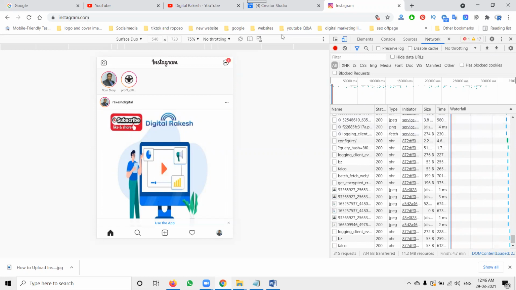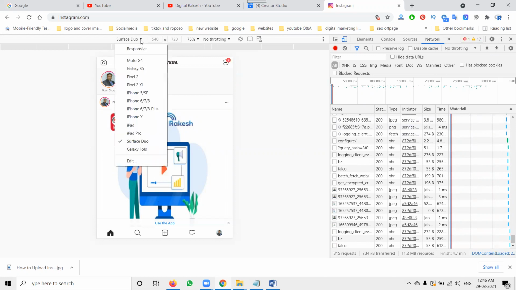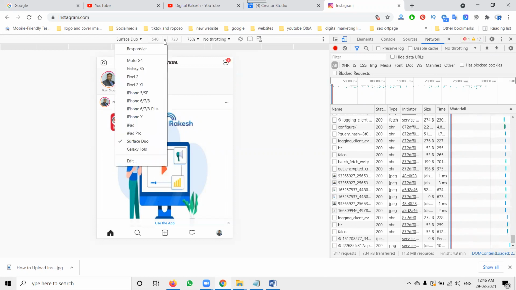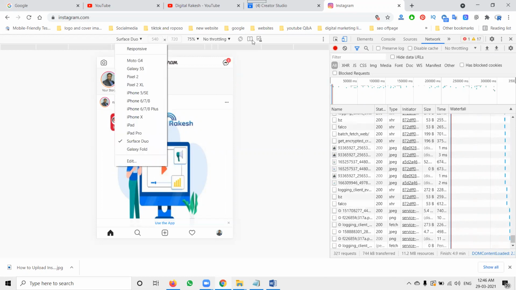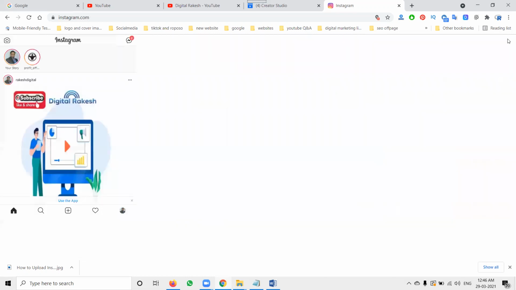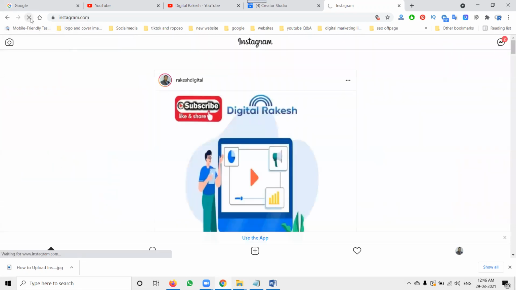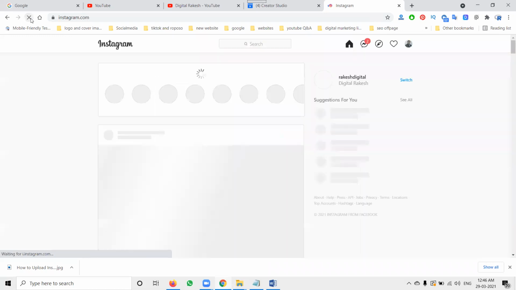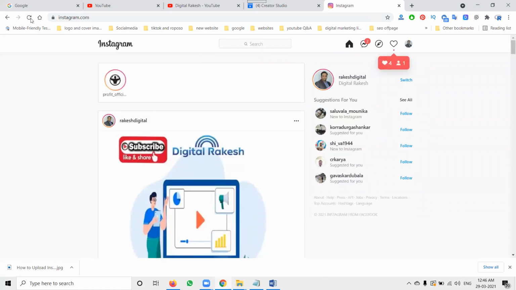Just go to more tools, developer tools, set your option according to your settings. Select from the multiple settings, whichever size is comfortable, and post your content. Once you close this option, it will automatically go back. So this is how you post Instagram stories using a browser.